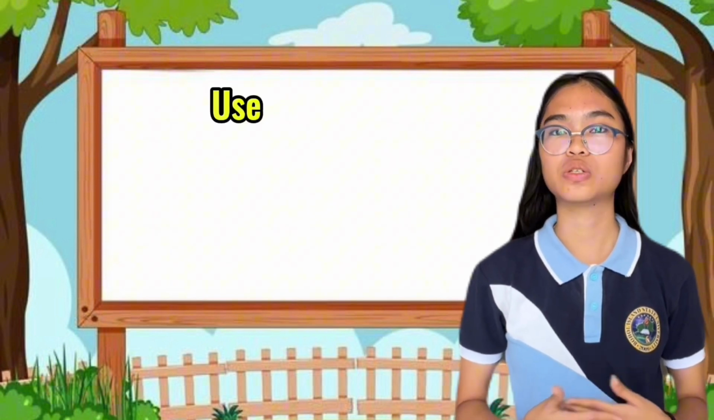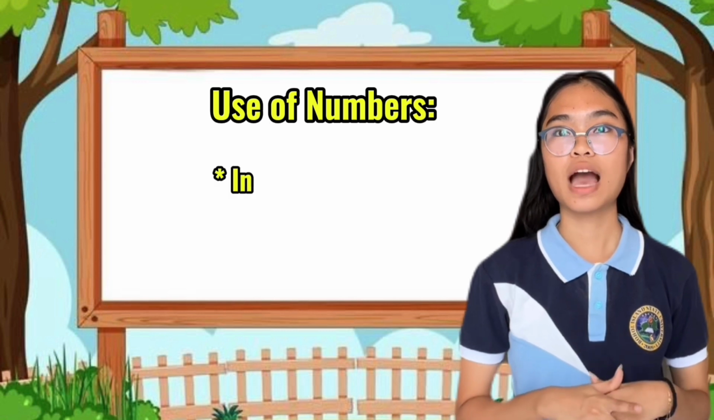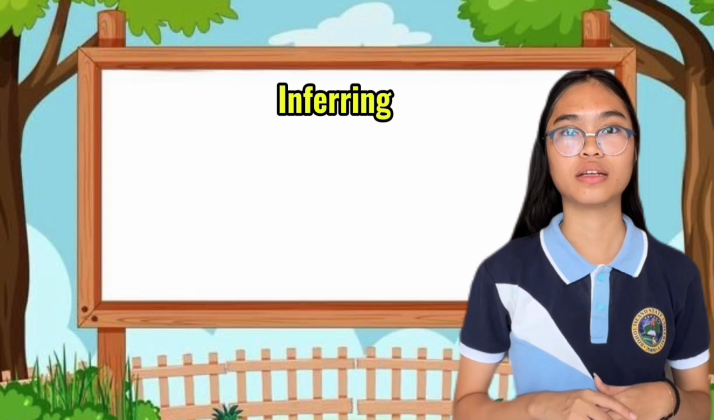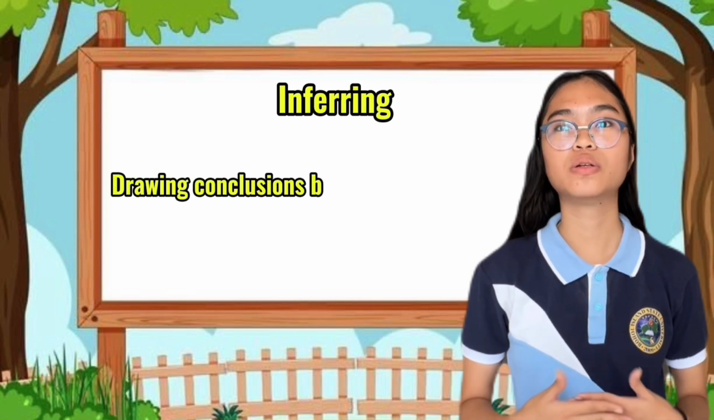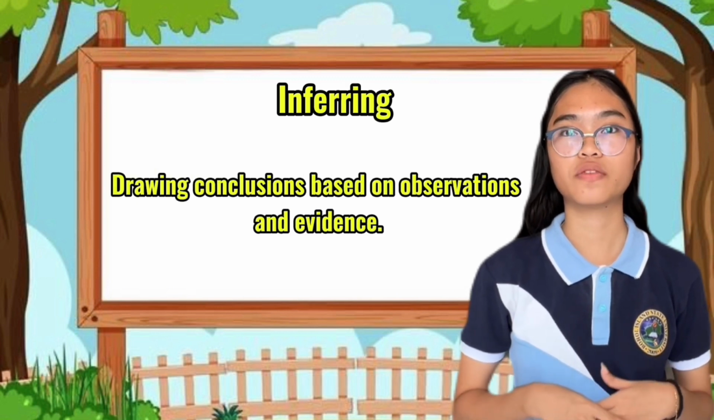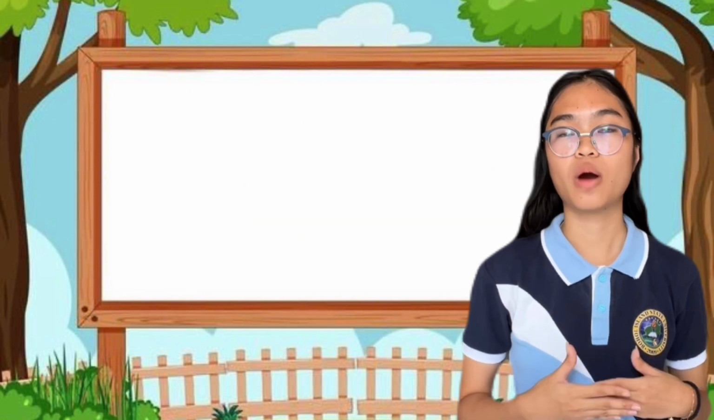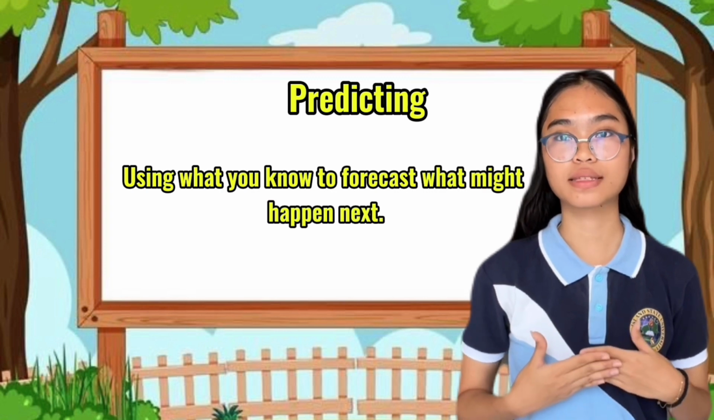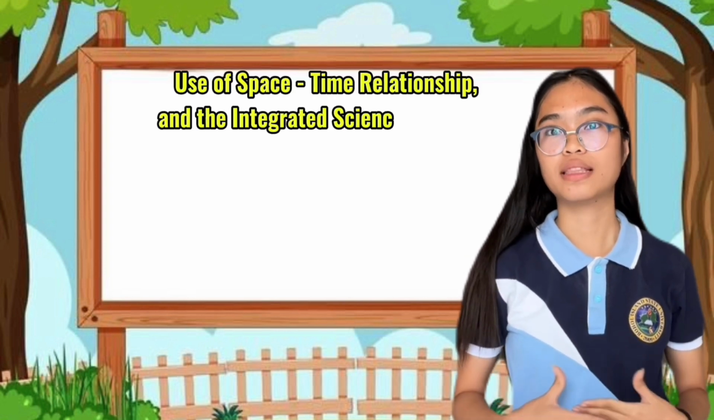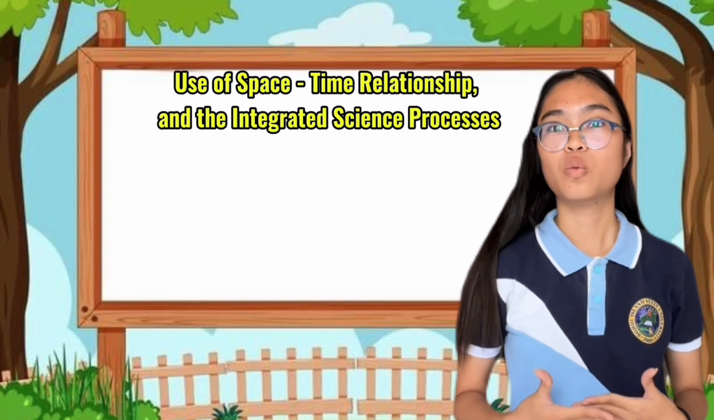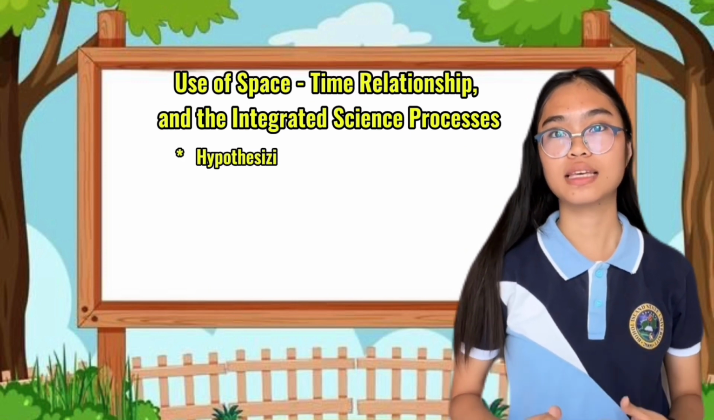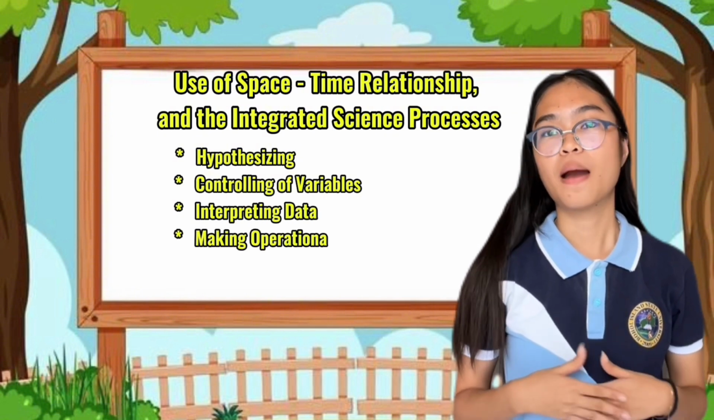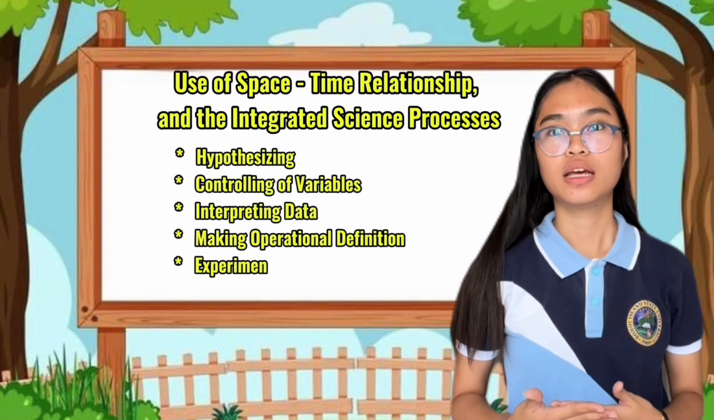Next, we have the use of numbers. We have inferring and predicting. Let's go first with inferring. Inferring means drawing conclusions based on observation and evidences, while predicting means using what you know to forecast what might happen next. Then the use of space and time relationship and the integrated science processes, which include hypothesizing, controlling of variables, interpreting data, making operational definition,